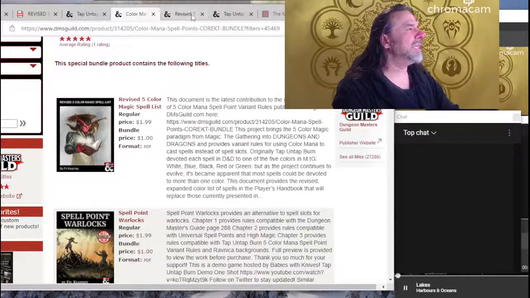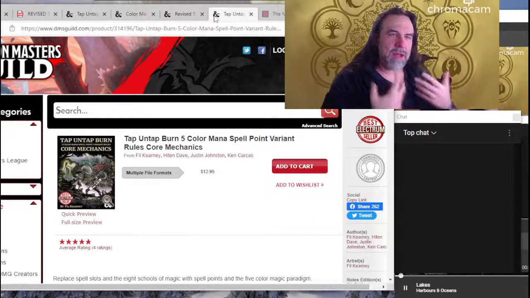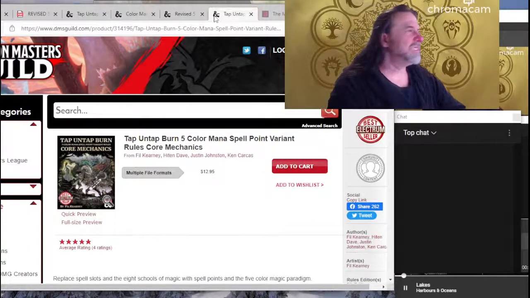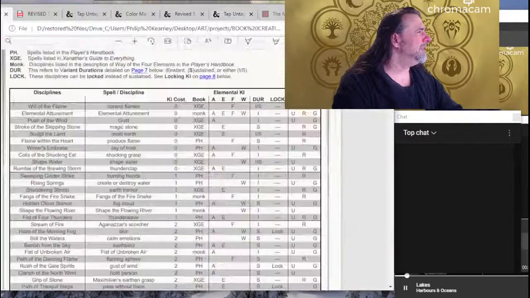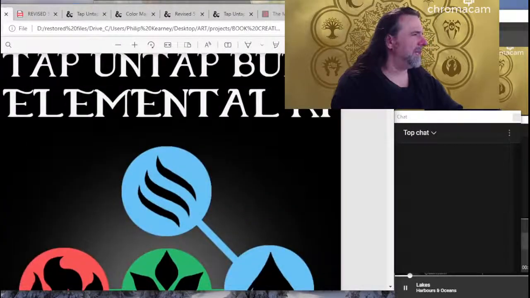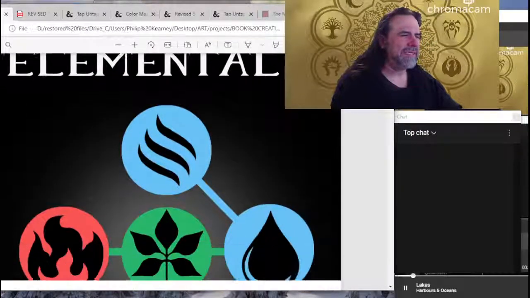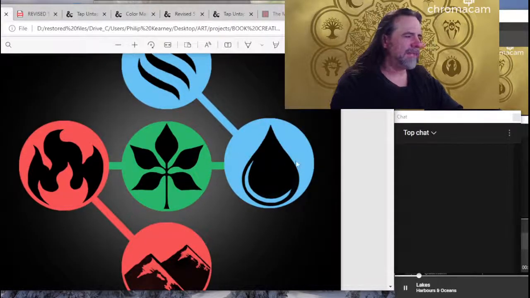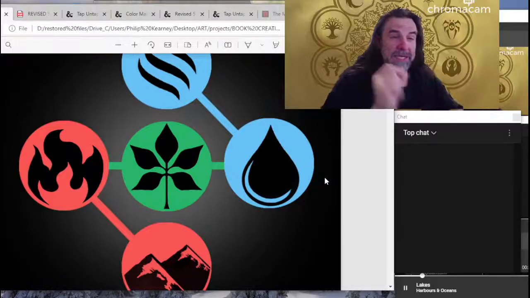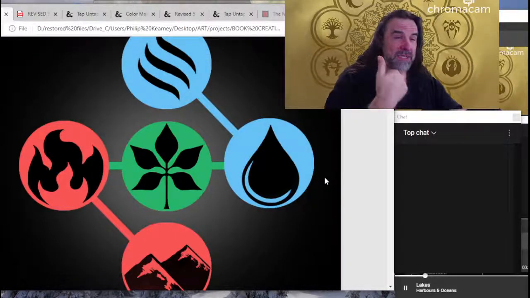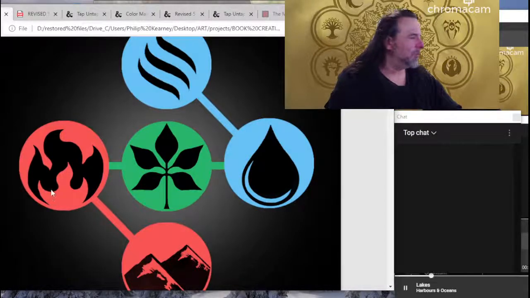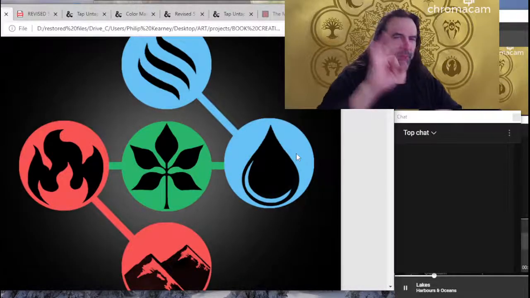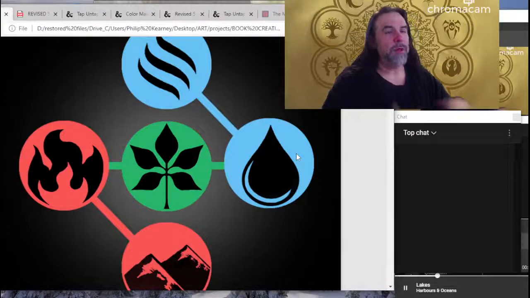So, because we want to continue to expand this language about magic paradigms, what the tap and tap burn elemental key does is approach Magic the Gathering, the color mechanics, and because it's the 4 elements, it specifically focuses on red, green, and blue. Red, green, and blue, the 3 primary colors that deal with elemental damage and elements inside of Magic the Gathering.